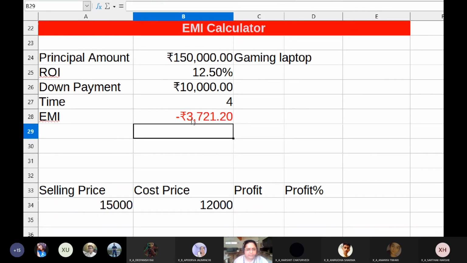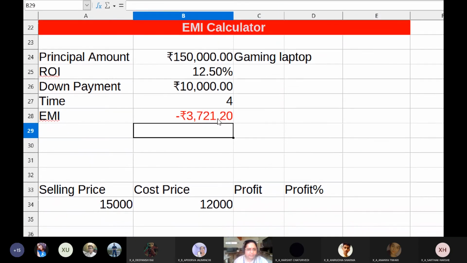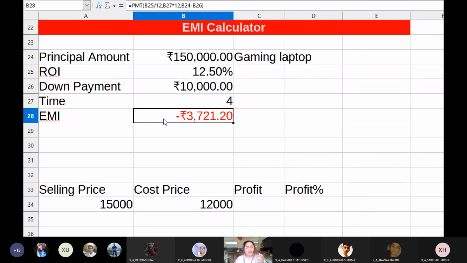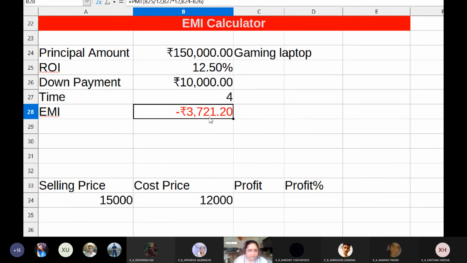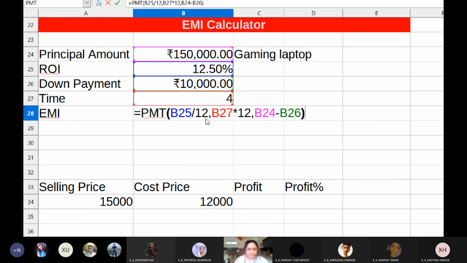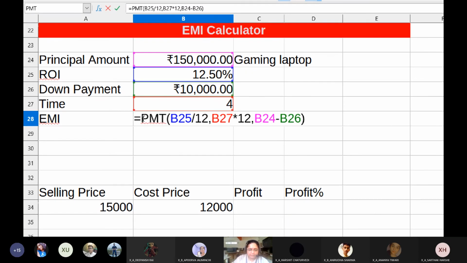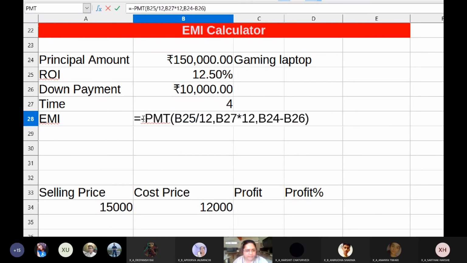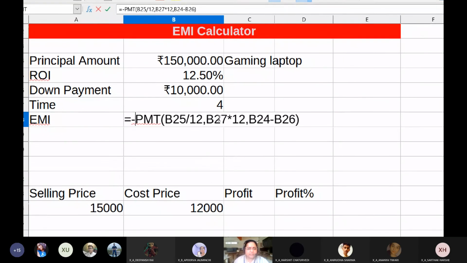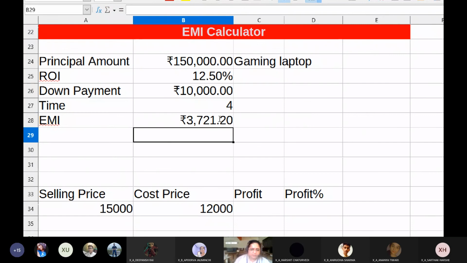You see there is 3,721 rupees and this is showing in minus. Why? Because this is the amount which will be deducted from our pocket. ये हमें pocket से देना पड़ेगा. That is why your spreadsheet will show it in the negative format. But if you want it in a positive format, what you can do is just edit this cell and right before the PMT function include a minus, that's negative. So negative and the negative of the result, negative negative will become positive,